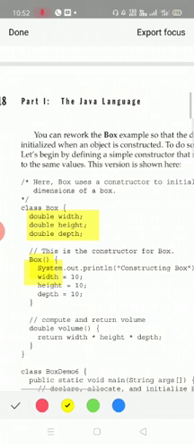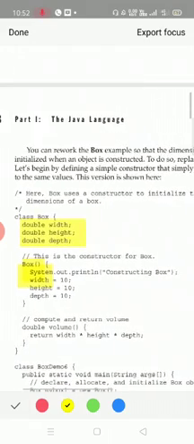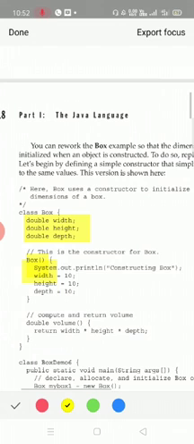Since it is a function, a function declaration is required for this. This is a function where it performs a set of tasks. As you can see, in the function body there are four different statements. We are initializing the width, height as well as depth to 10, 10 and 10 respectively. It also prints a statement, System.out.println, constructing box.